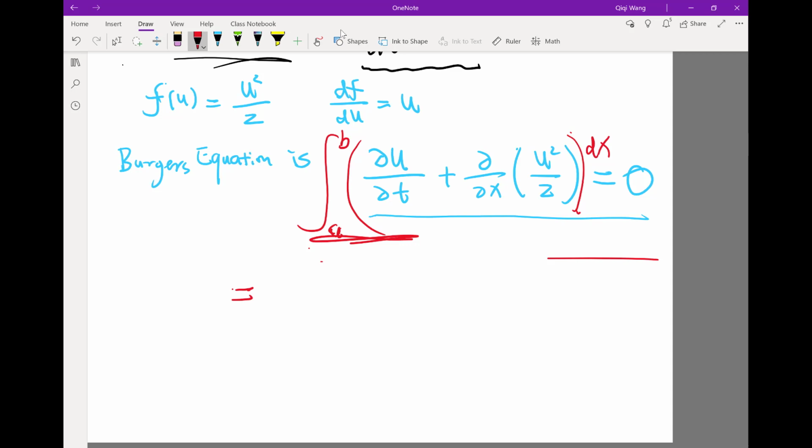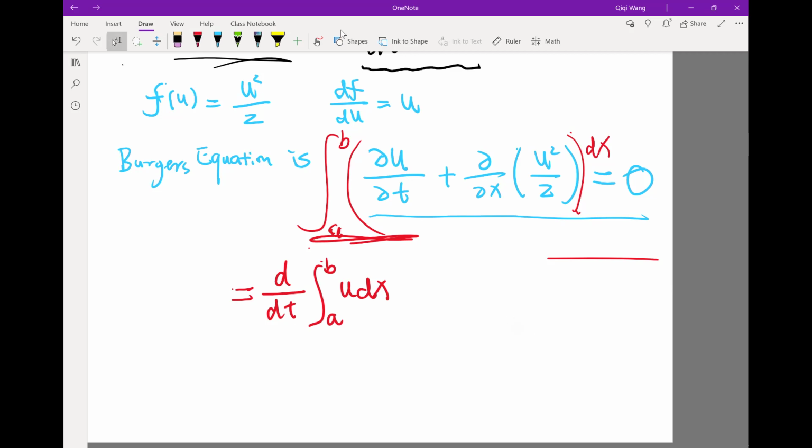It's actually a special case of integrating from a to b when a and b are functions of time. You probably studied that in multivariate calculus. Here, if a and b are not functions of time, this is just d/dt of the integral of u from a to b. If a and b are functions of time, there are additional terms scaled by dA/dt and dB/dt. Of course, here a and b are constant, so dA/dt is 0 and dB/dt is 0, so we only have this.